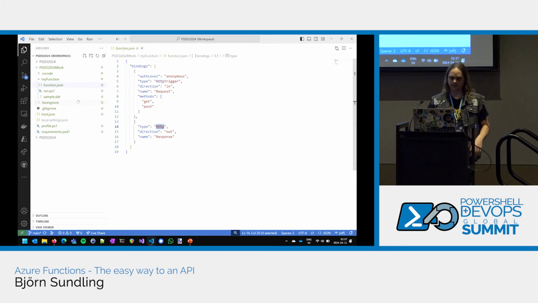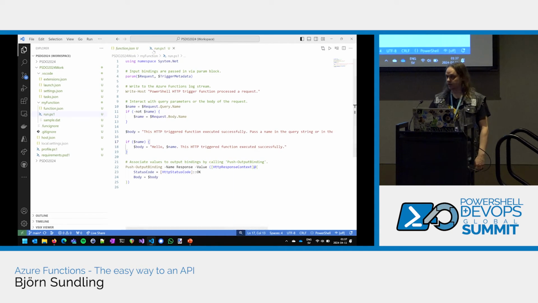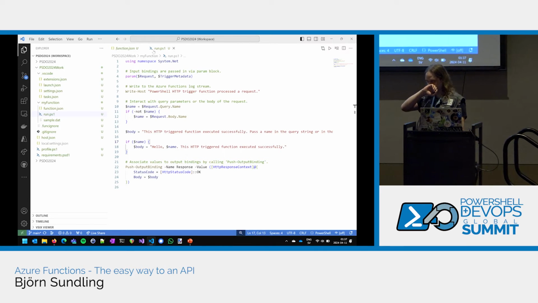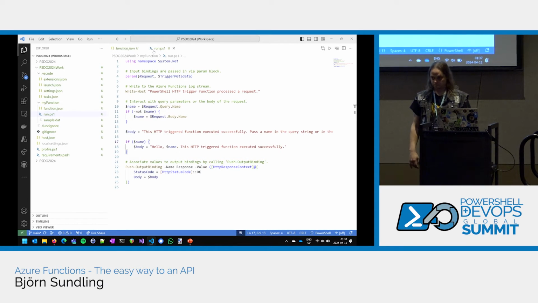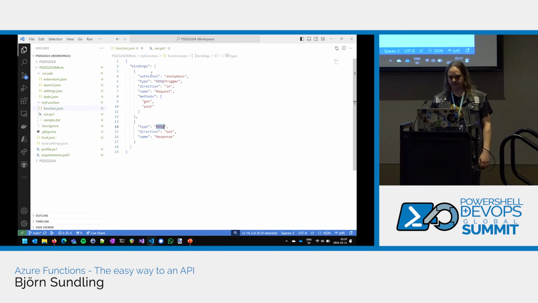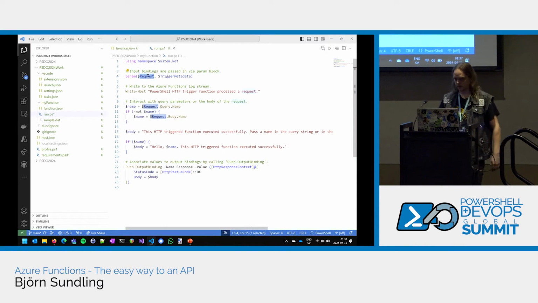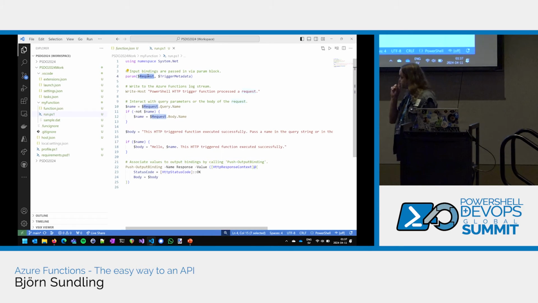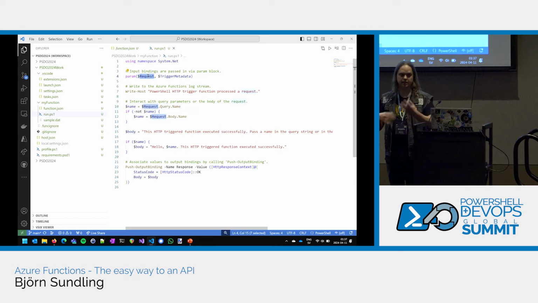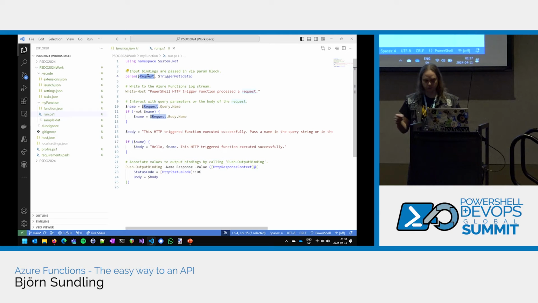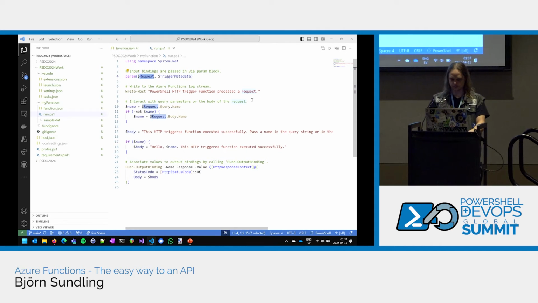Now this file combined with the run.ps1 is actually the only difference from standard PowerShell. Because the input binding, we name it request, and we have a parameter in our PowerShell named request. And this means we will automatically map everything that comes in through any of these types of input to the request parameter. It will be done magically in the backend. So, to see how this looks, well,